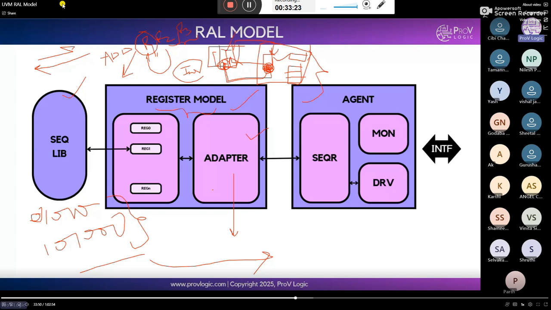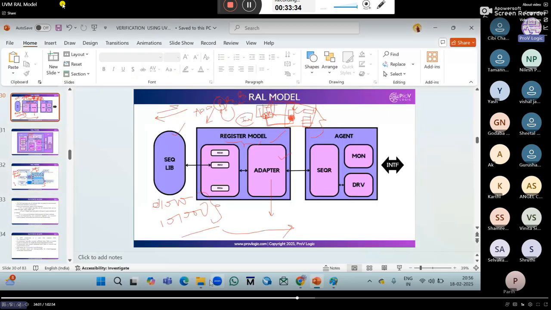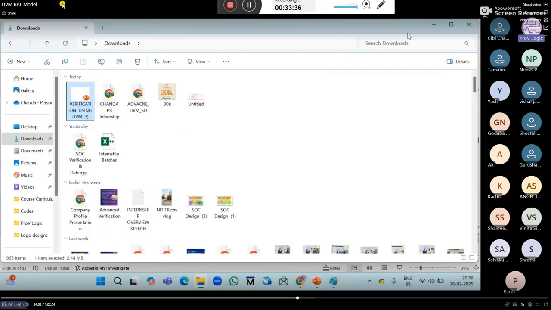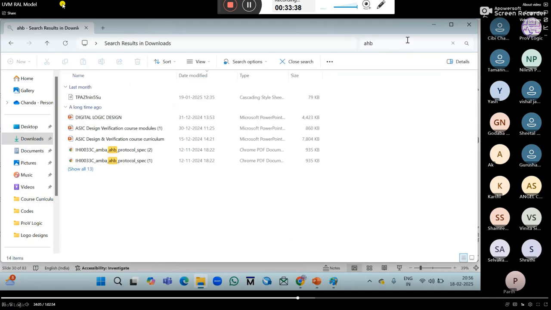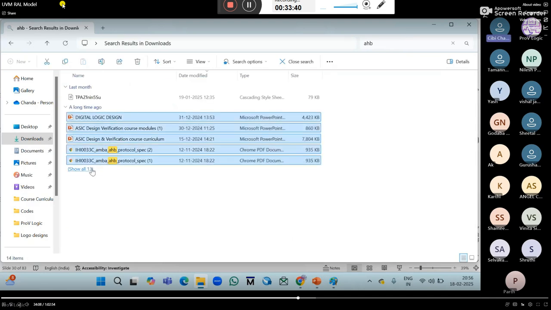Offset address is totally based on your type of transaction, whether you are taking wrap type or increment type. Do you know AHB protocol, anyone? Yes, ma'am.